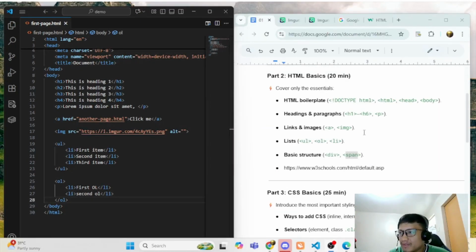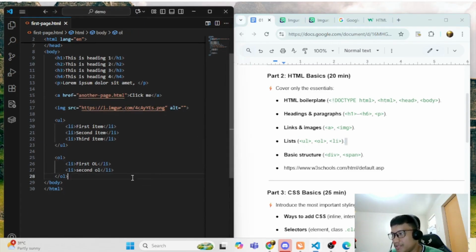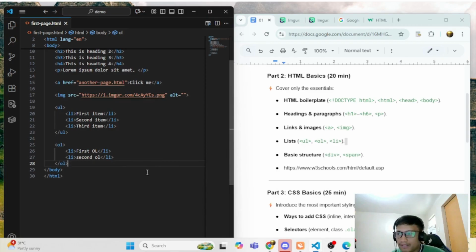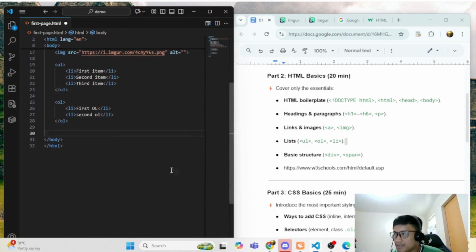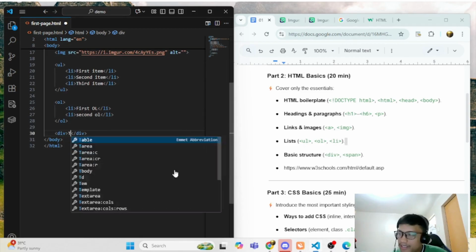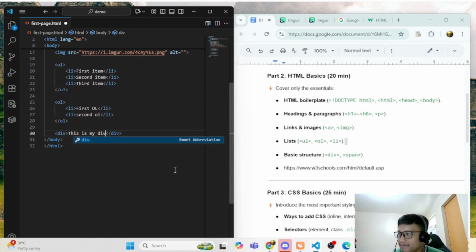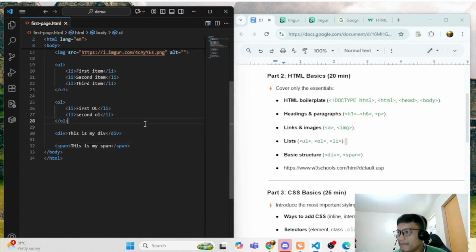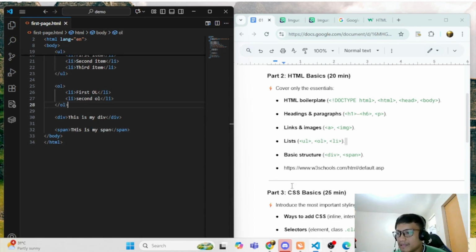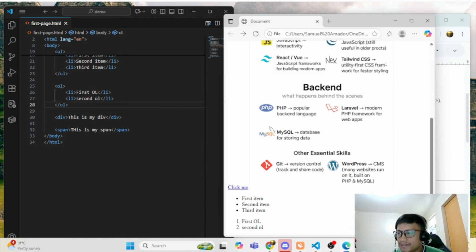We still have one more essential thing to do on HTML. Two important tags like div and span. Okay, so you will be using div for your website. So div, say this is my div, then span, this is my span, then refresh.